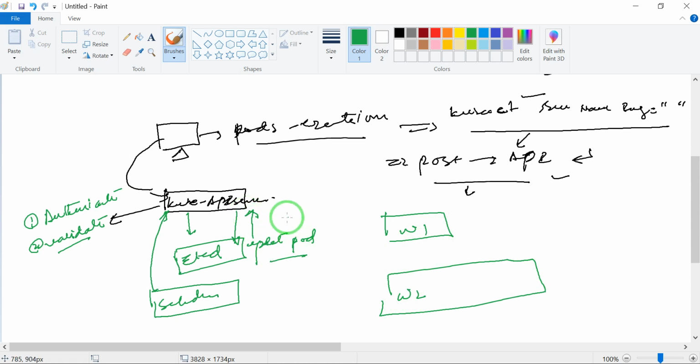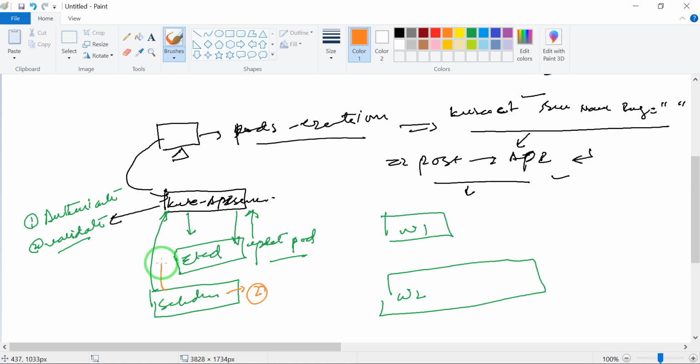Now the scheduler will work here. It will be decided by the scheduler where to go and create that pod. It analyzes which node the pod will be created on. Once decided, let's suppose it goes to worker node 2.